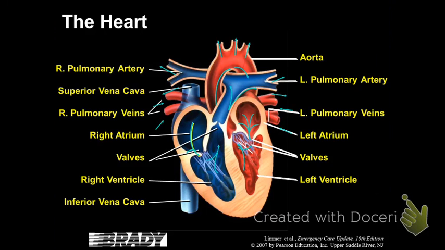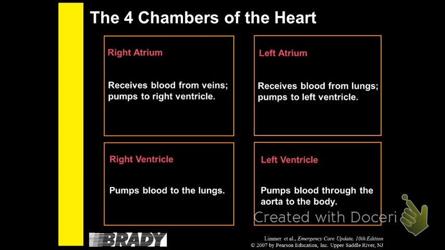All right? So in that paper I gave you as well, the pathway of blood through the human body will help do that. These just tell you what I already told you. The right atrium receives blood flow from the vena cavas. The right ventricle pumps blood to the lungs. The left atrium receives blood from the lungs, and the left ventricle pumps it out to the body. I can guarantee you're going to see those again. You have to understand what each function of the atrium and ventricles is